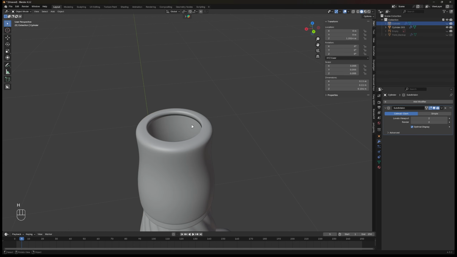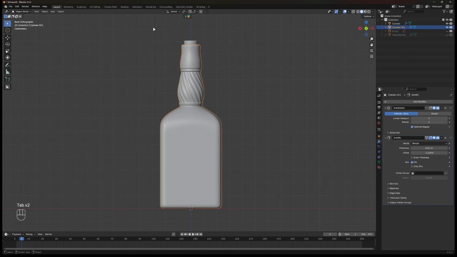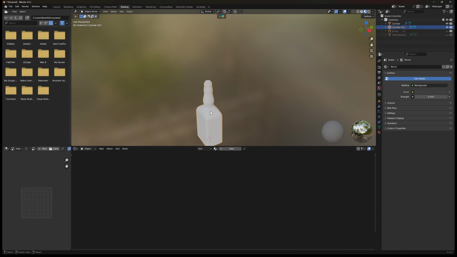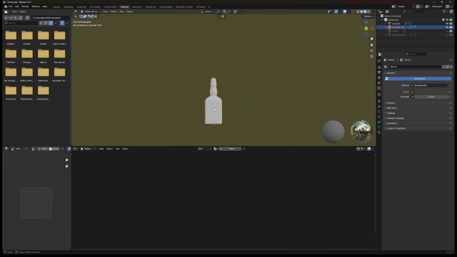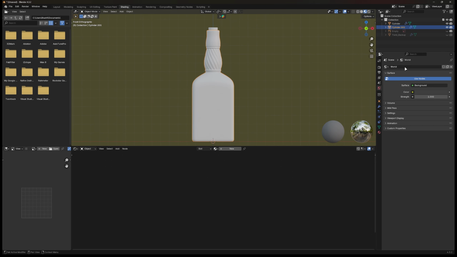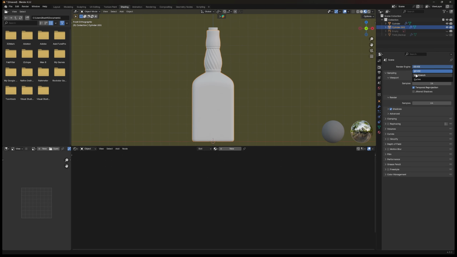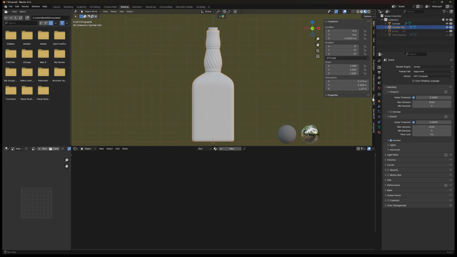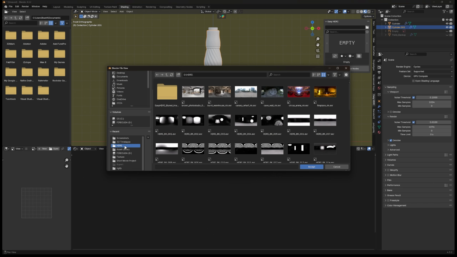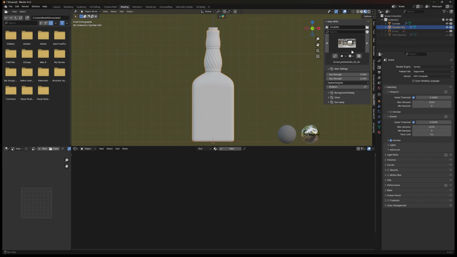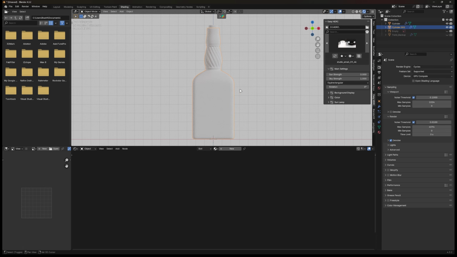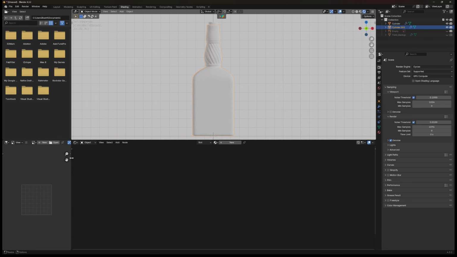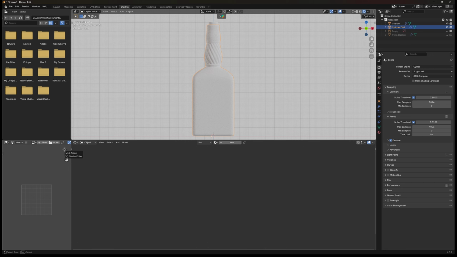And let's add some magic to this bottle. First of all, move to the shading tab here on the top and let's set up some render options. On the right of you, click this retro TV symbol here and change the render engines to Cycles and the device to GPU. You could use Eevee here, especially on the latest version of Blender, because Eevee now supports ray tracing. I put an HDRI to the environment using Easy HDRI add-on, links in the description.